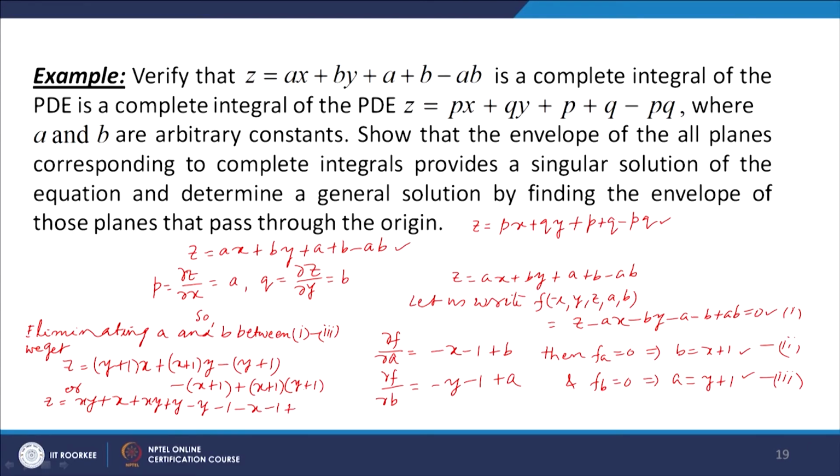We have xy plus x, and y plus 1. So this x we can cancel with this x, y we can cancel with this y, and we have the envelope as